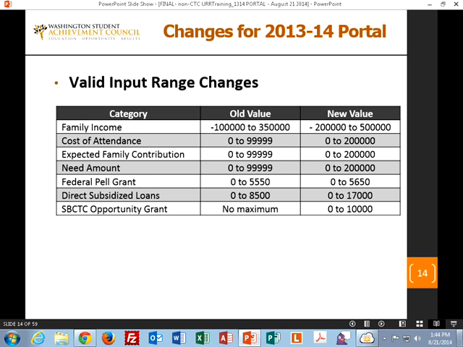So family income, you'll see the old value was negative 100,000 to 350,000, and the new value is now negative 200,000 to $500,000. So, certainly if you have items that are below or above those figures, you still can report those. You just have to, through the edit process, indicate that this is indeed a correct value.